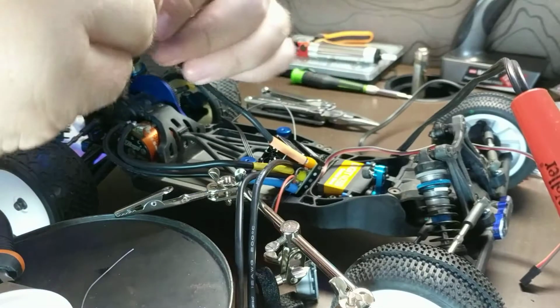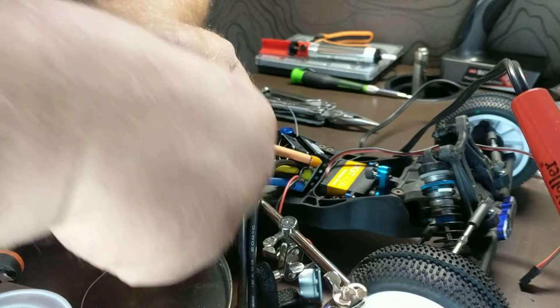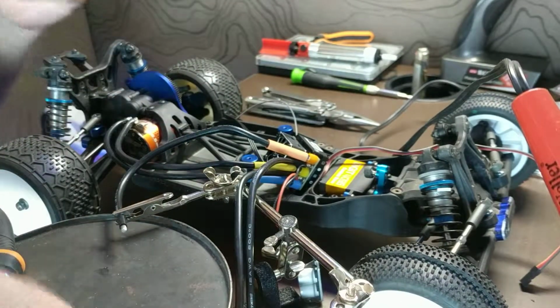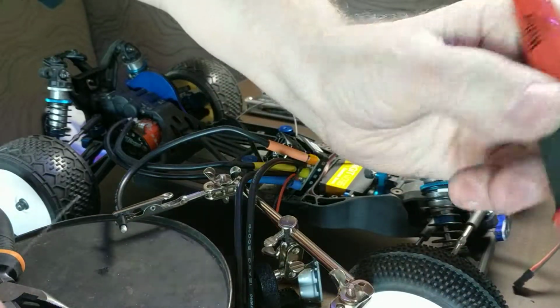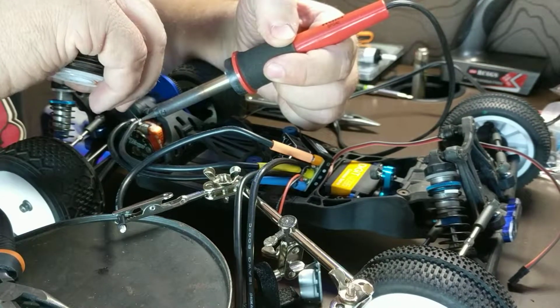The one thing I did notice with this car, there is very, very little room in this car for mounting electronics. Not sure if that's a good thing or a bad thing, but like I said, there's